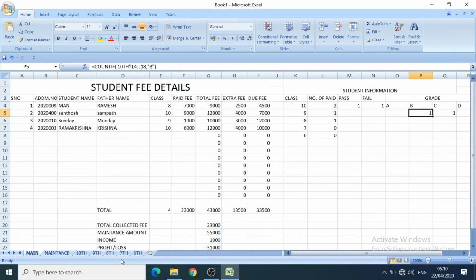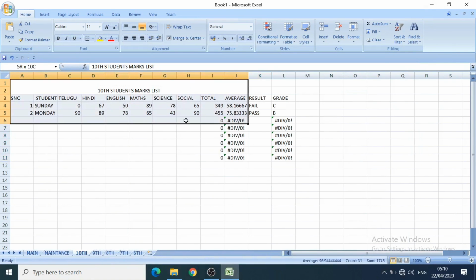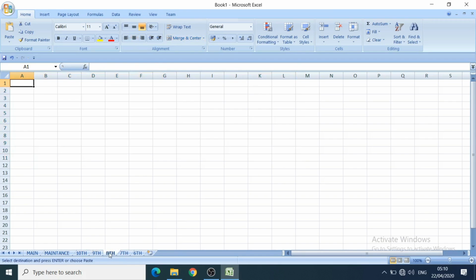Here I am copying the 10th entered data for C, and for 8th.